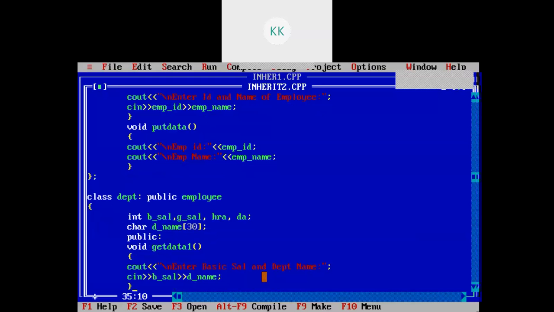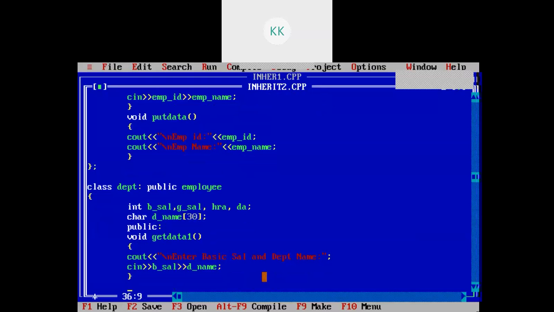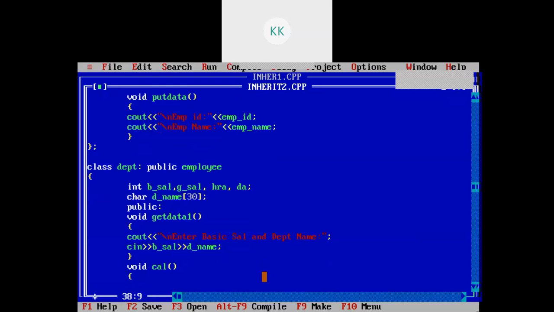Now one more function I require to calculate the gross salary. So I will write one more function, void calculate. This will calculate the gross salary.